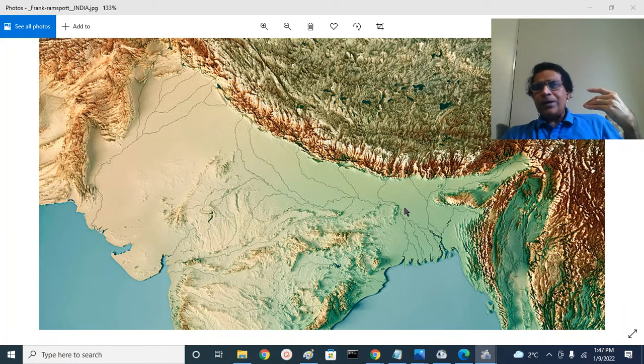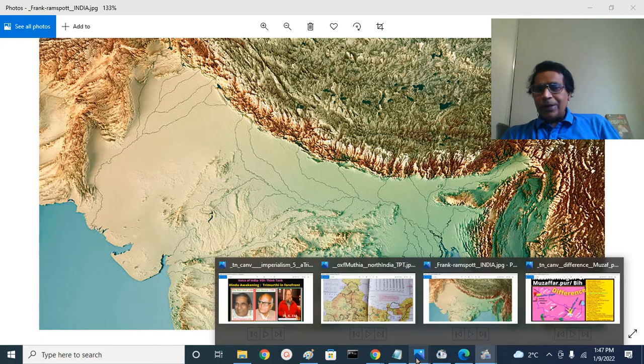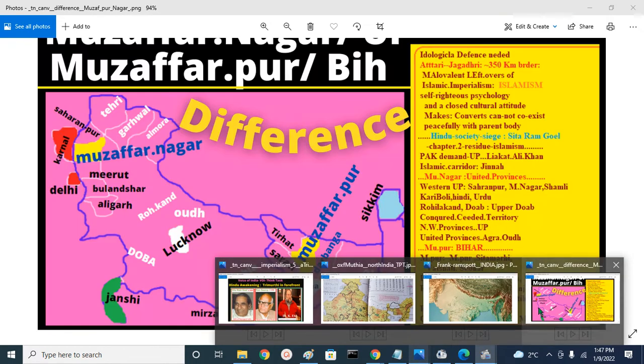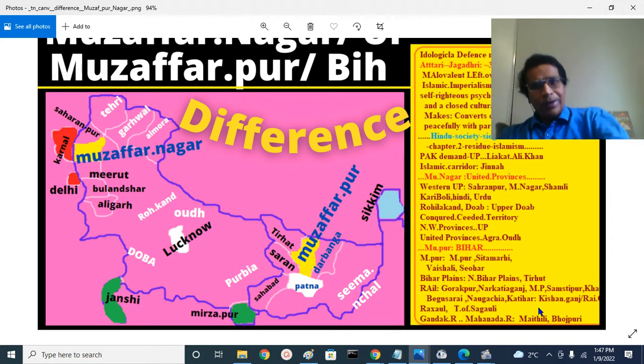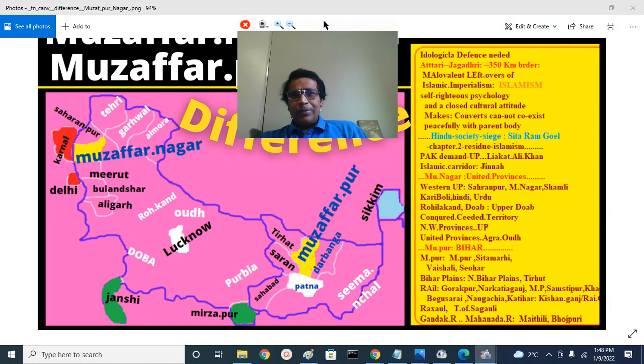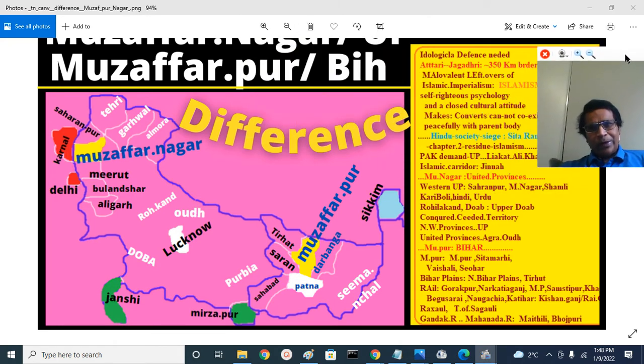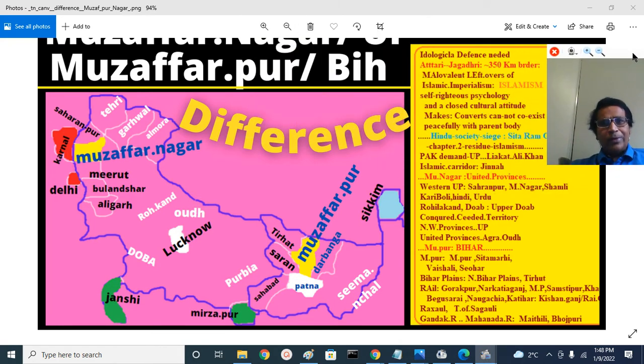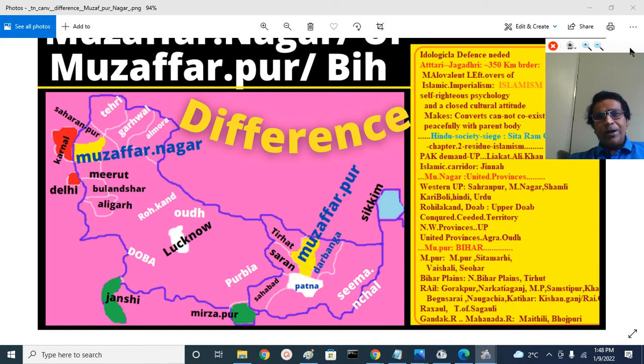That is more than 50% of Muslims live here. This is historically very, very important. As a kafir, you should be aware and understand how to deal with the problem. Once you are aware of the problem, you can easily figure it out and start reading the works of Mahayogi Sri Ram Swarup. They have given practical suggestions on how to ideologically defend yourself.